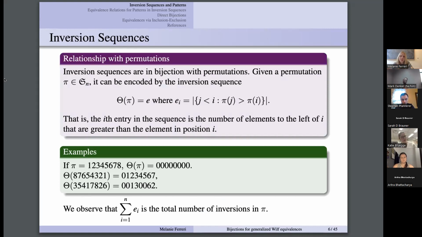So inversion sequences are in bijection with permutations. If you have a permutation pi in Sn, you can compute its inversion sequence by taking the ith entry of the inversion sequence to be the number of elements to the left of i that are greater than the element in position i. So for example, if everything's in order,